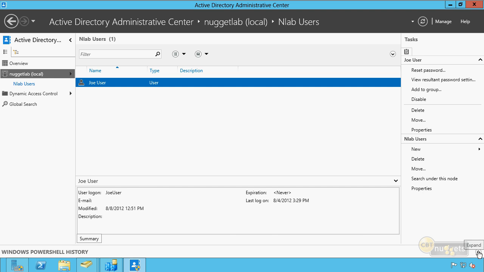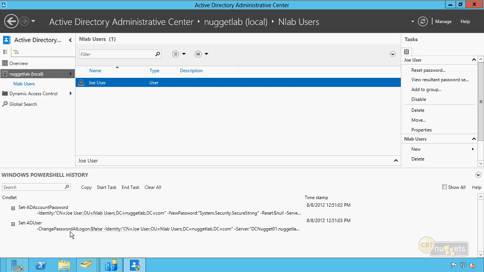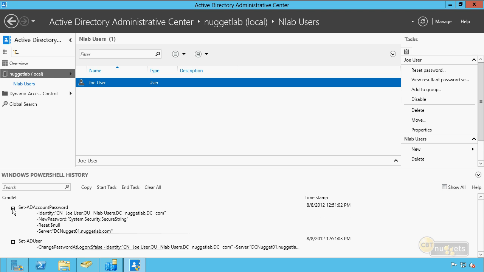Look at this, Windows PowerShell history. You see what I just did there? I set a password for that user. This is very handy because I might want to say, you know what, I don't know what the PowerShell is that I have to type in to change a user account's password. Well, now I know what the cmdlet is: Set-ADAccountPassword. And then I enter in the